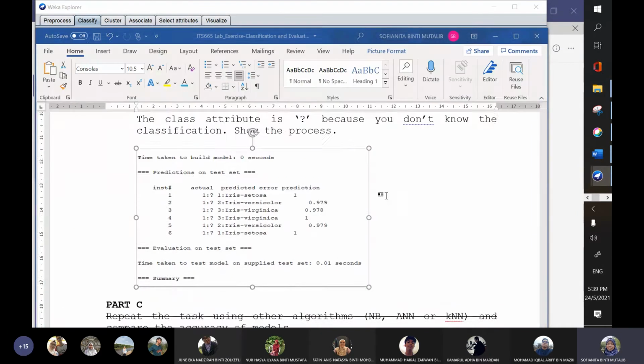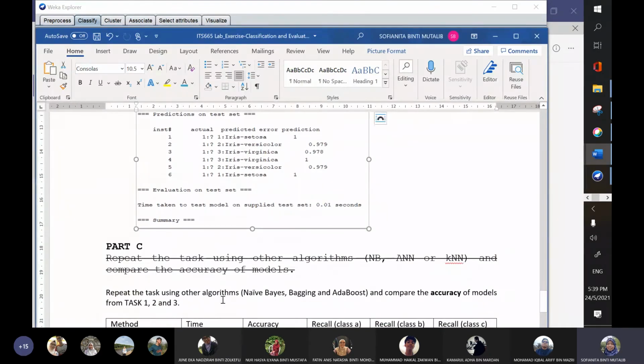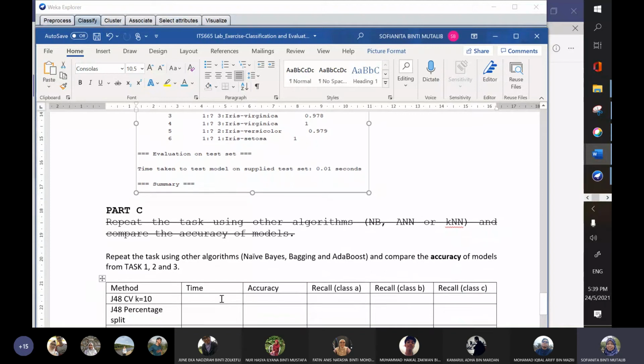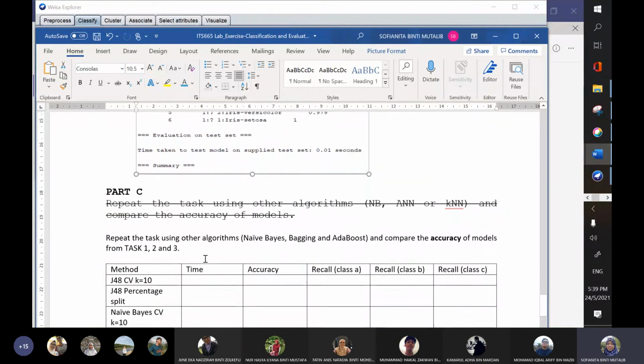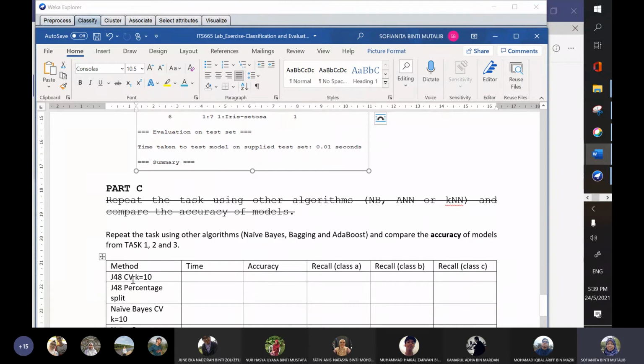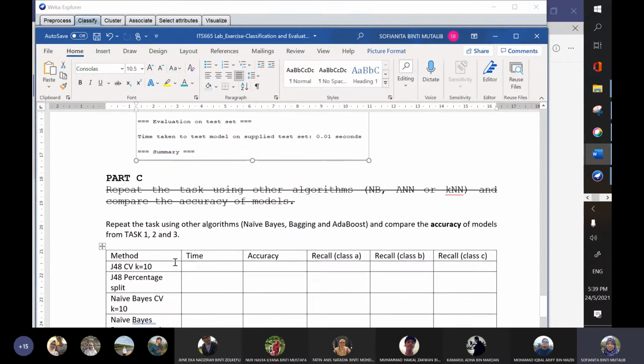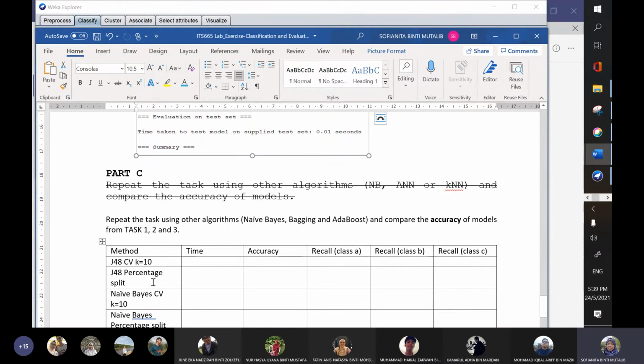Okay, now let's have a look at this one. This part is about repeating the same task. It means we are looking at the effect of cross validation and percent split, the effect of these methods on the time used to develop the model, and the implication for accuracy. The same goes for the recall of each class.